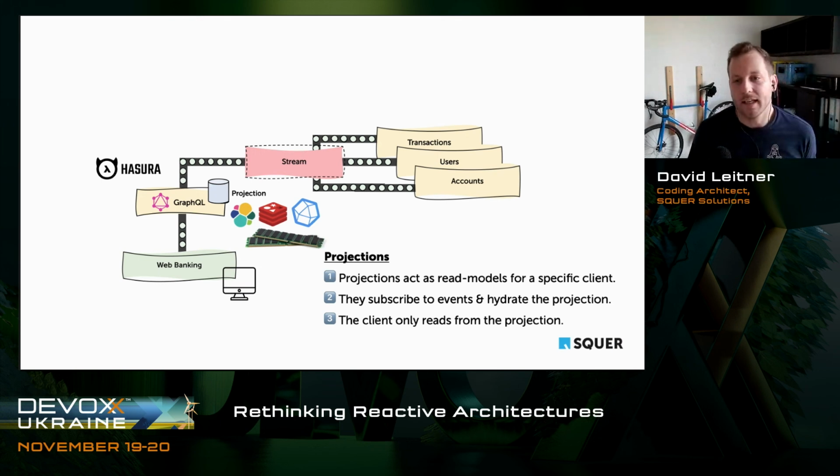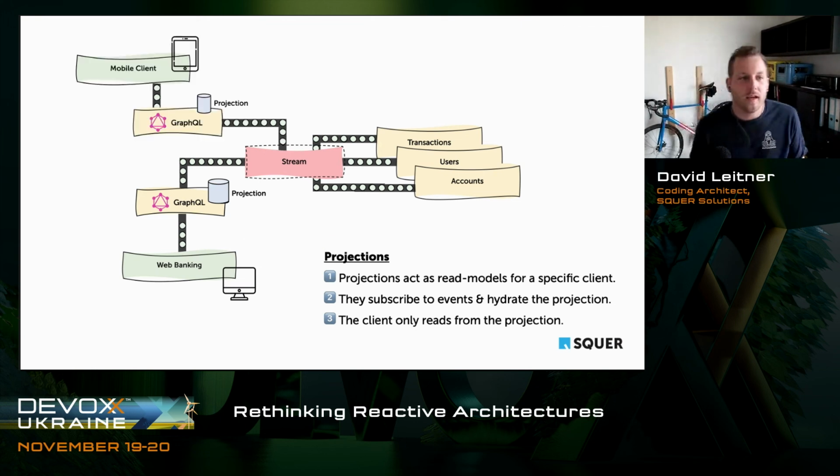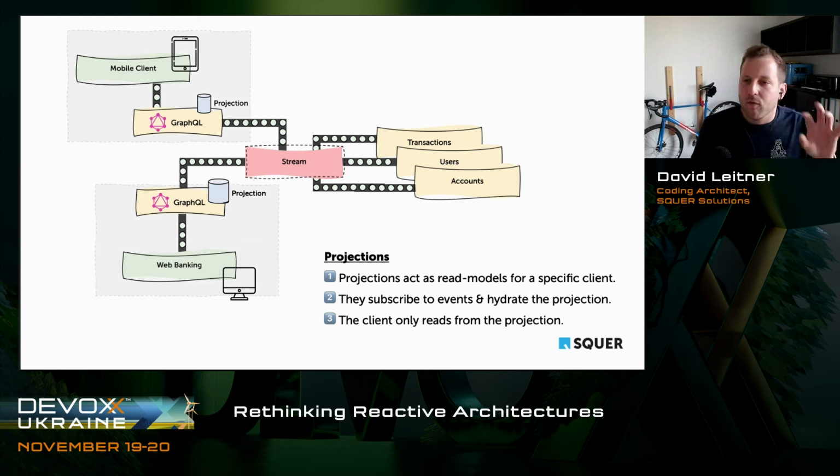Lots of possibilities to implement this in reality, but the concept always stays the same. We co-locate the data to our consumers. And if you have a second channel, like a mobile client, as I mentioned before, then we would again have a GraphQL backend for frontend with again a dedicated projection. We again store transactions. Maybe we store even fewer fields, because we don't need as many as we would on the web banking screen. And so we have very independent components in our system architecture.